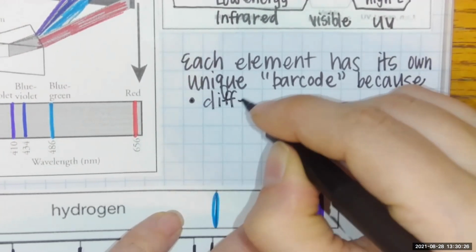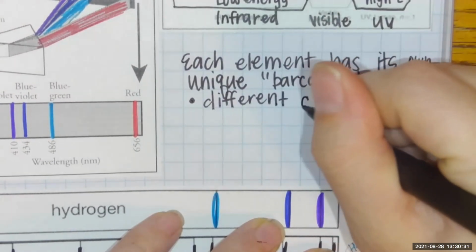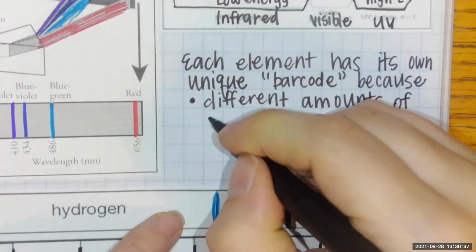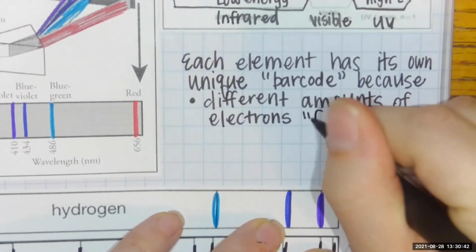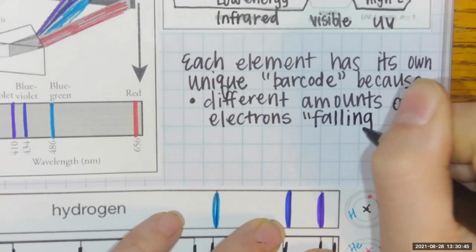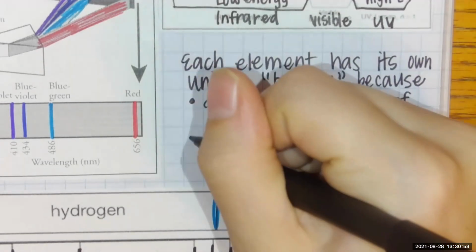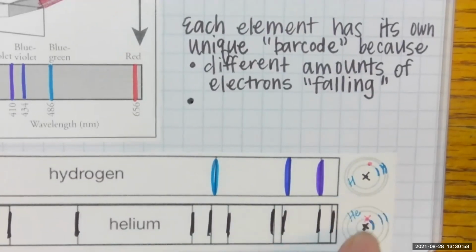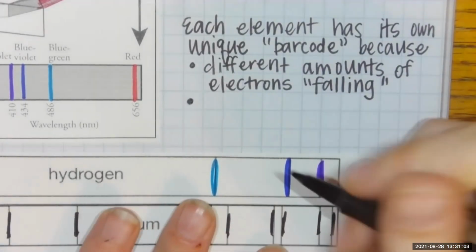You might get some differences in complexity due to the different amounts of electrons that are falling. If you are an atom that has lots and lots of electrons, that's going to complicate a ton of it. But also, even if you were to have the same number of electrons, like I just showed here, we could remove this and get the same number, but your barcode won't be the same because